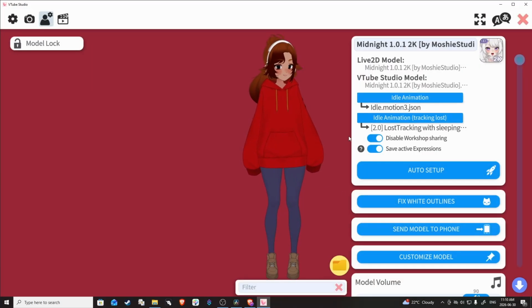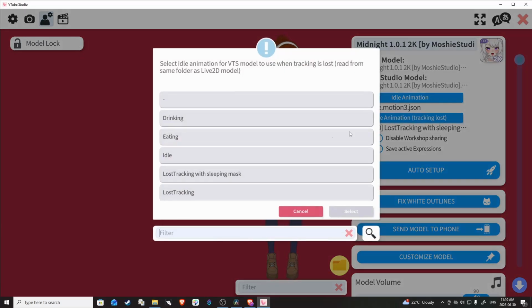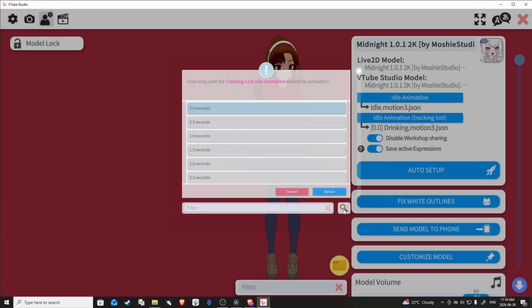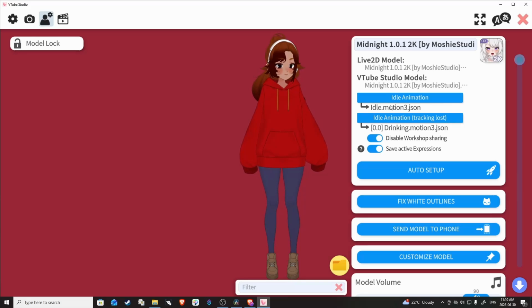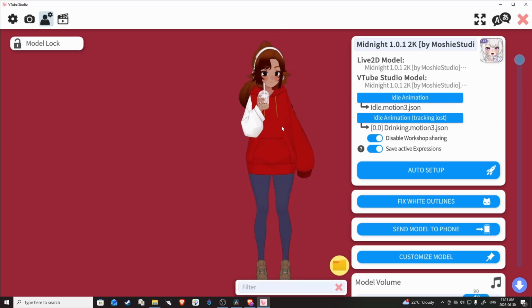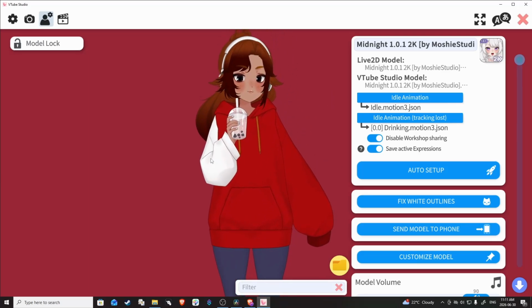So, this is how you do that. And if you want to try to adjust the animations, the drinking one is the one that needs to be adjusted. So you select drinking. I'm going to select 0 just so they can get started. I'm going to turn off my phone as well. So there we go. So drinking animation is on. She's right there. It's kind of just